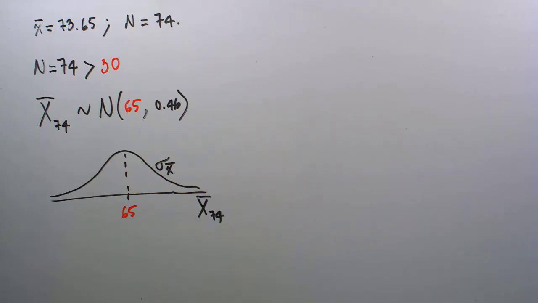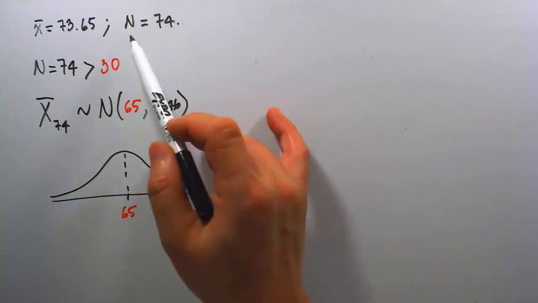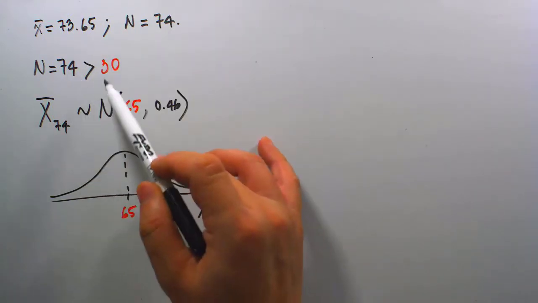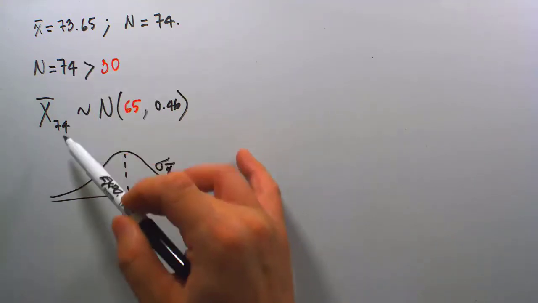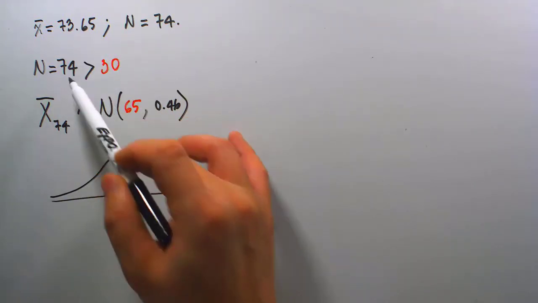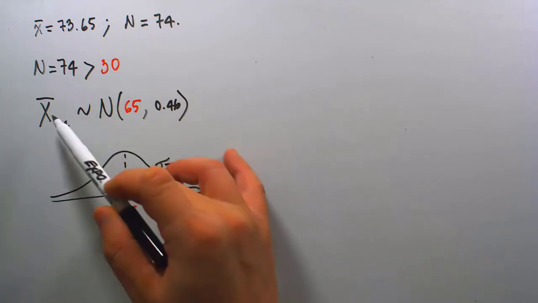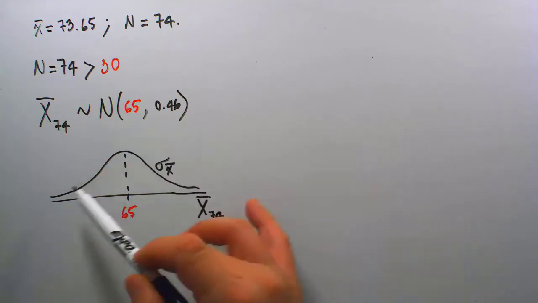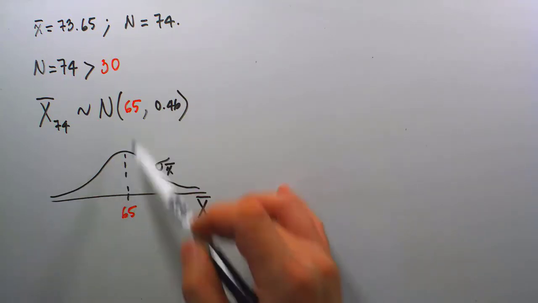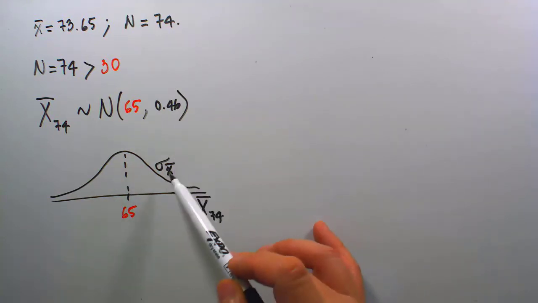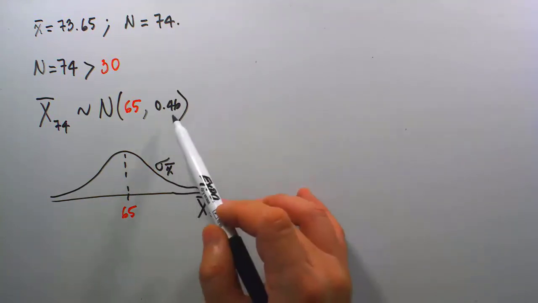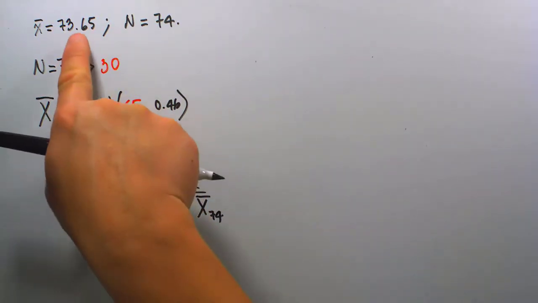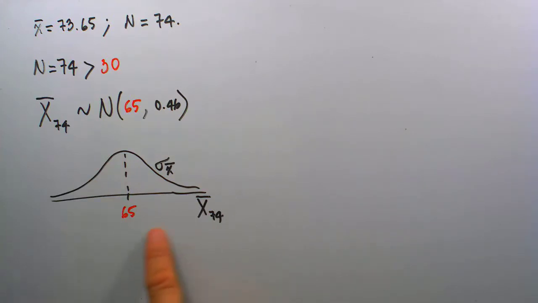So as a recap, with the sample size we use here being 74, we can conclude that all sample mean values at this sample size will be normally distributed. So capital X bar 74 is normally distributed, placed on a bell curve with center at 65 and the average spread being the sigma X bar value we calculated previously, 0.46. And so now, knowing that our sample mean is somewhere on this bell curve,